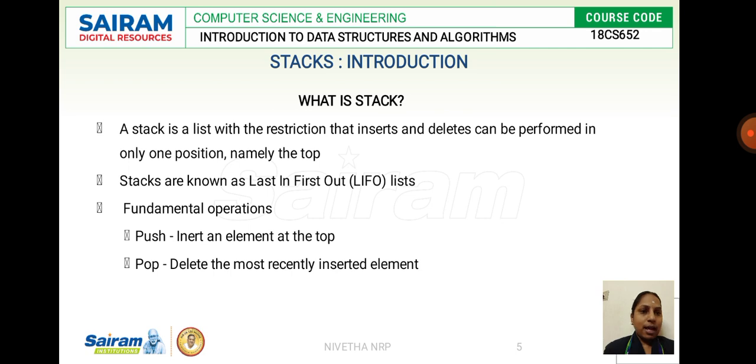Okay, we'll see what a stack is. Stack is one among the linear data structures. We have seen a few linear data structures: array, list, stack, and queue are a few of them. We have already discussed the concept of array and linked list, and in this session we'll be discussing the stack. A stack is nothing but an ADT, that is an abstract data type, which is a linear data structure, and here we follow an ordering of arrangement in a specific sequence, and it follows the LIFO concept, that is last in first out.